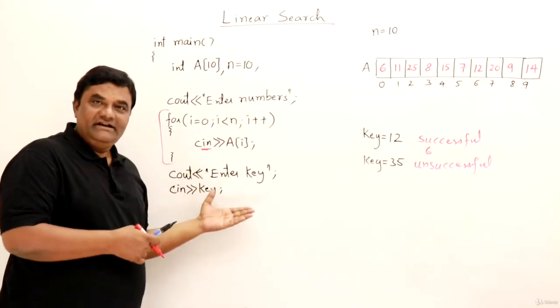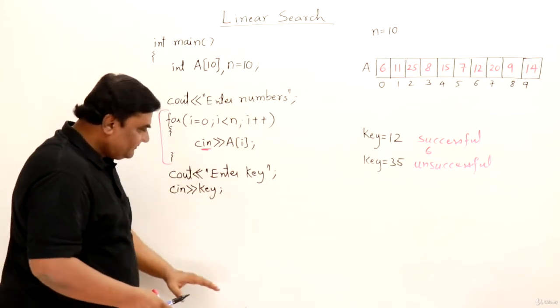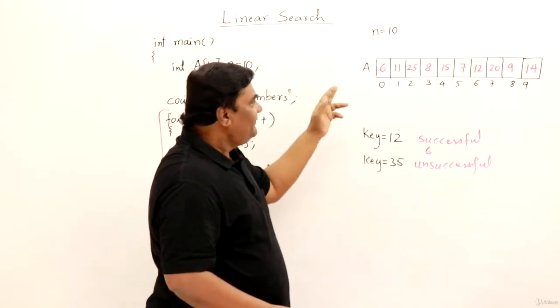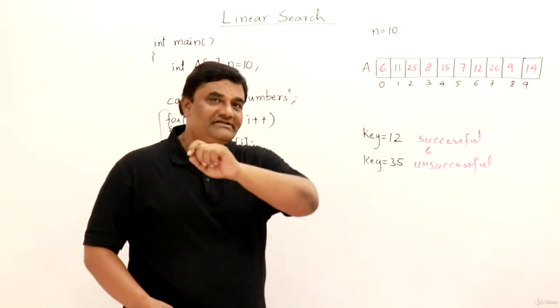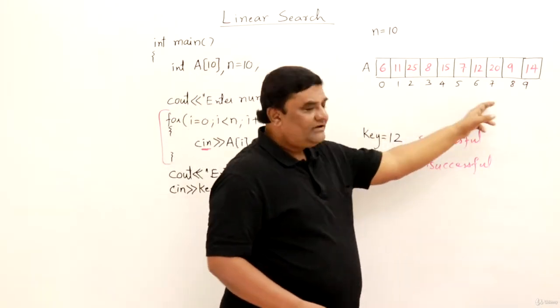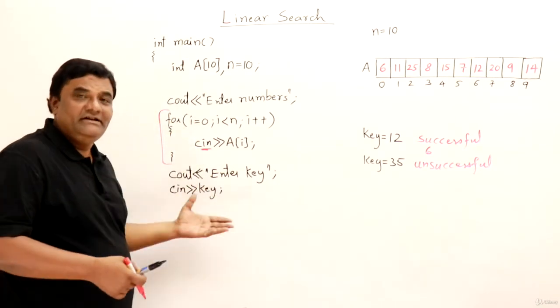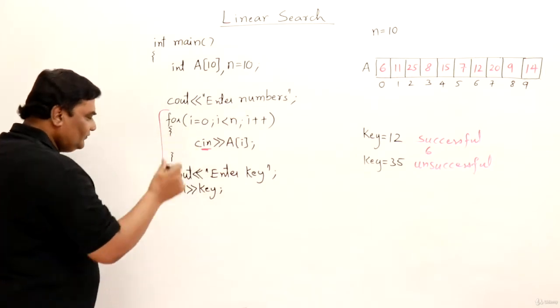Now we are ready with the data as well as the key. Now we have to perform linear search. So here I will write a procedure for linear search. Let us look at what we were doing. We were comparing the elements one by one, starting from the first element. So it means we are scanning through an array. How can we scan through an array? Using a for loop. Yes, here also I will use a for loop. First of all I will write the for loop, then I will tell you further.